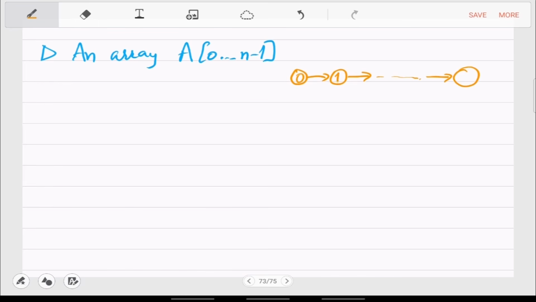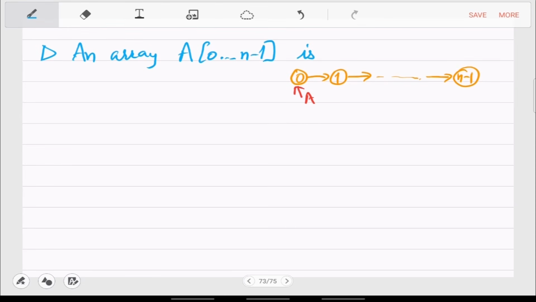So there is 0, there is 1, there is n minus 1. And A is pointing to the root. So the OS organizes the array as equispaced addresses, N addresses. So this is a one-dimensional tree.